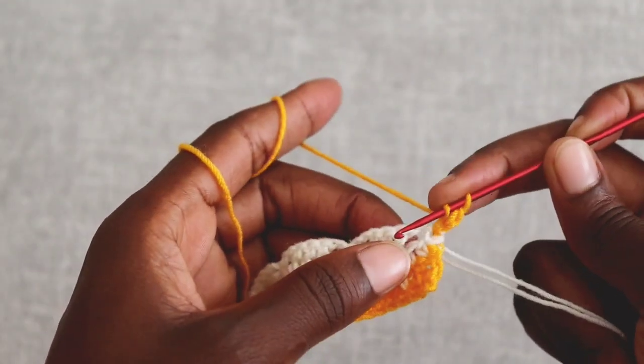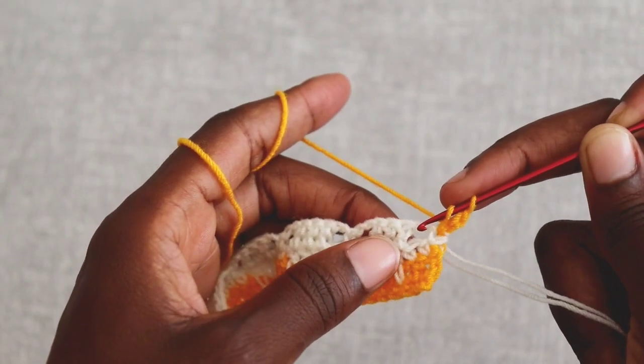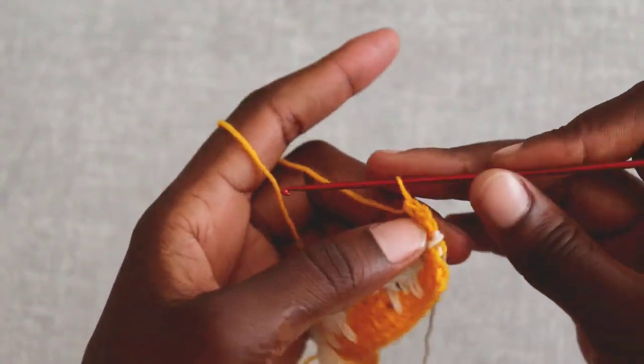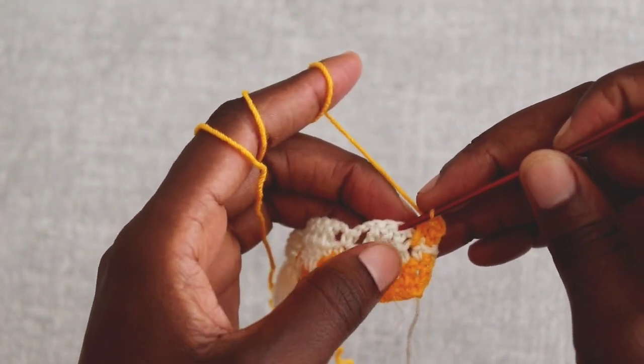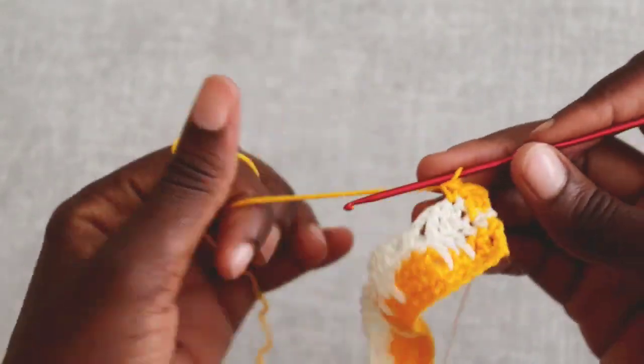and then you're going to yarn over and work a double crochet in the next stitch, the skip stitch 2 rows below, then 1 single crochet stitch in every double crochet stitch. So single crochet in the next 3 stitches,